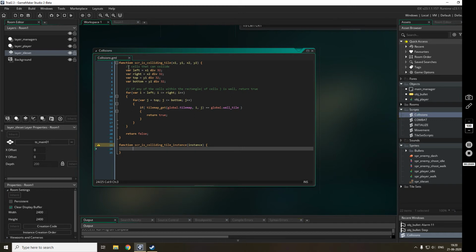So we will be calling this function from here.